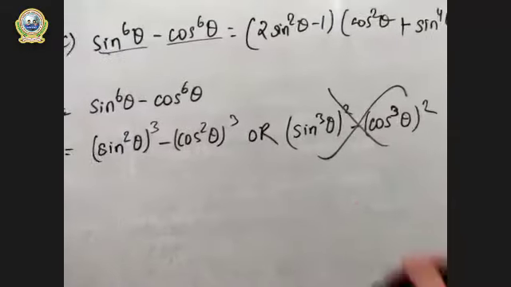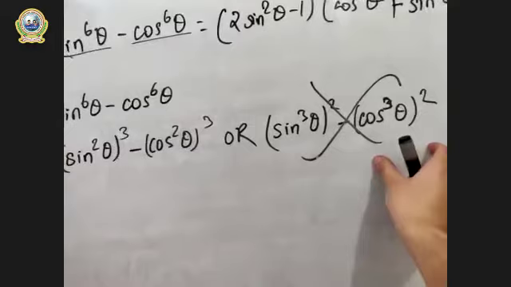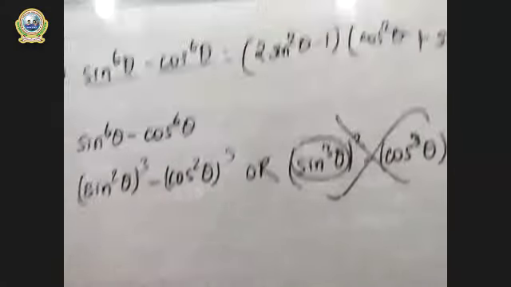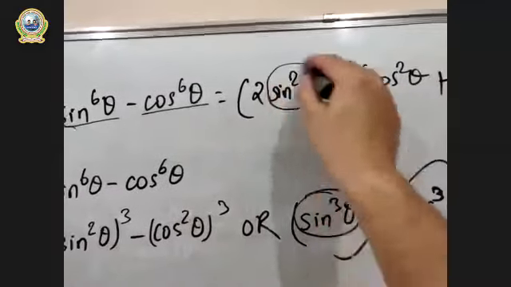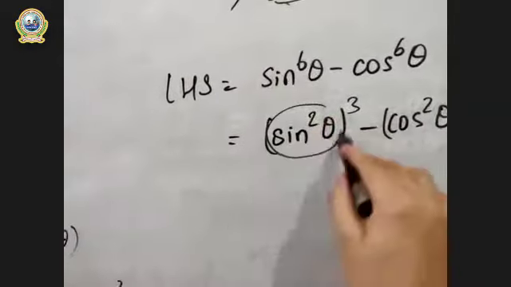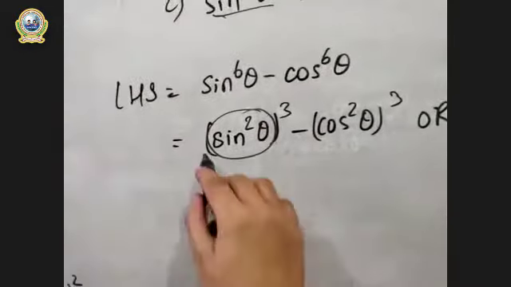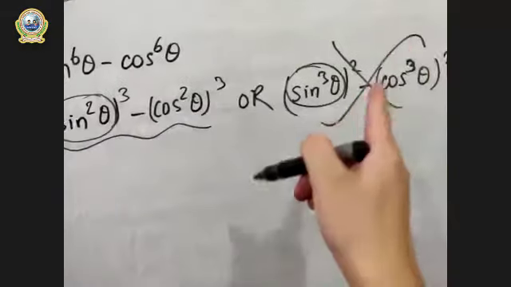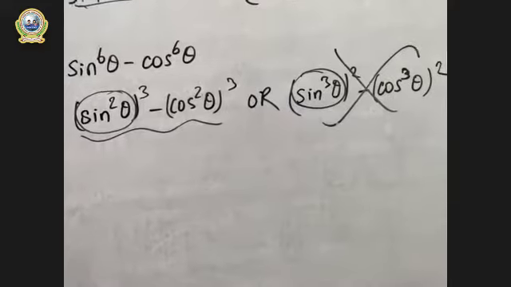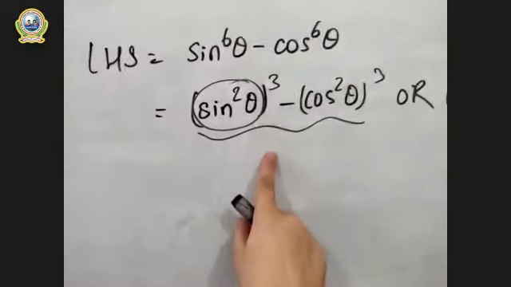Because it is a square minus b square format, and we are having sine cube theta inside the bracket. But in the RHS we are having sine square theta. Here is cos square theta. So we need to select the part that has square theta. So we should do this one, not that one. That one will lead you to incorrect steps. Are you clear? So let us do this one.